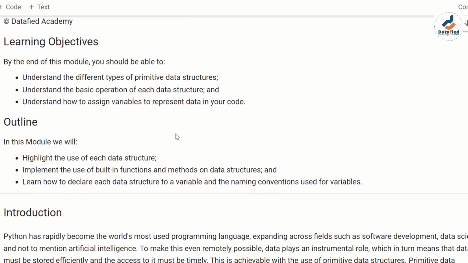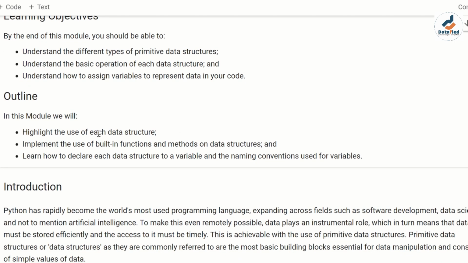And the following outlines are what we'll be looking at throughout this module. The highlights: we're going to highlight the use of each data structure, implement the use of built-in functions and methods on data structures, and learn how to declare each data structure to a variable and the naming conventions used for